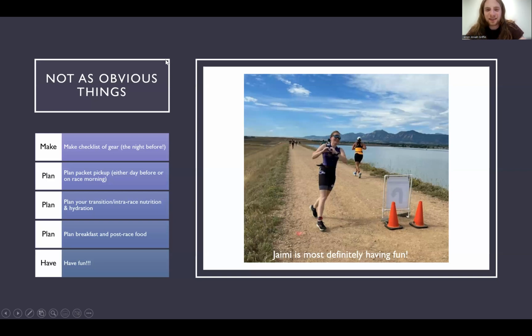What race is that at? It's someone in Colorado. I think she's in Boulder. I don't remember. She did several this summer, but I don't remember which one it is. Yeah, I was like, I don't recognize that race. Where was that one from? Yeah, no, that's very fun.